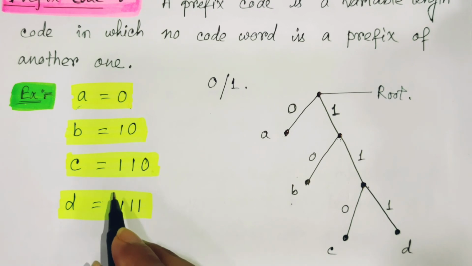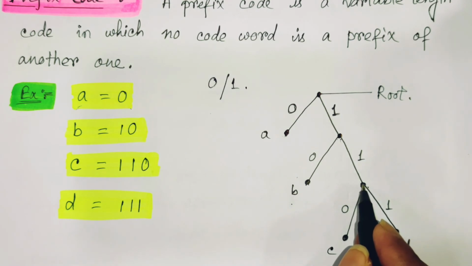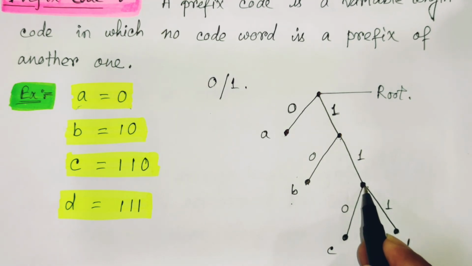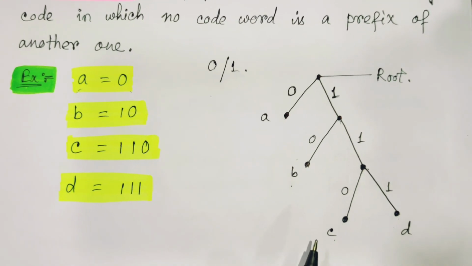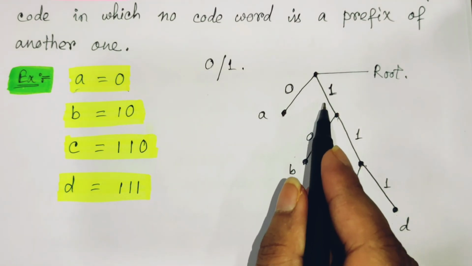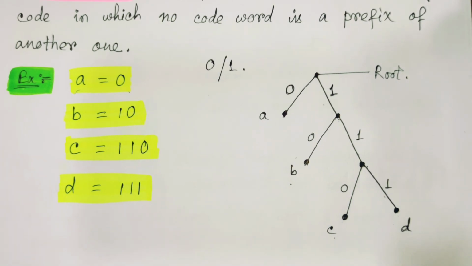Now the C variable, its prefix code is 1 1 0. So 1 is this one and another 1 we find here. From here again, if our requirement is 0, we should get two child nodes again. So this one is 0, and we say this is our C variable. Now D is 1 1 1, so 1 1 1 means this node is denoted by D. So this is our prefix code, and by a binary tree we can represent this prefix code for the given variables in this way. The four variables are given, these are their prefix codes, and this is the binary tree.